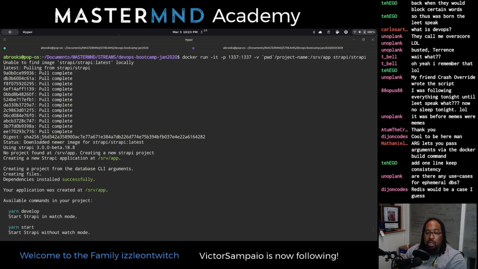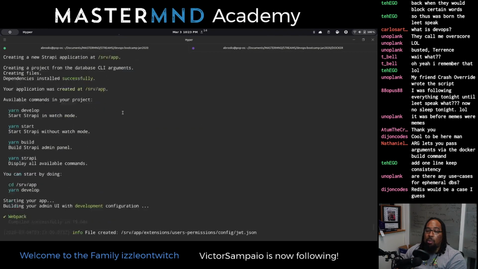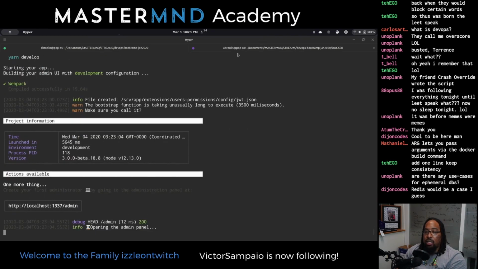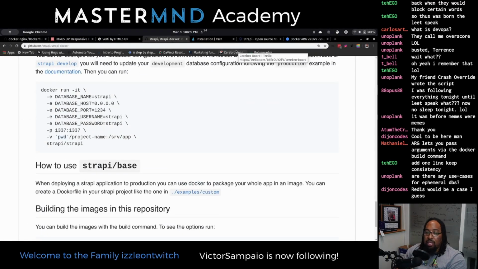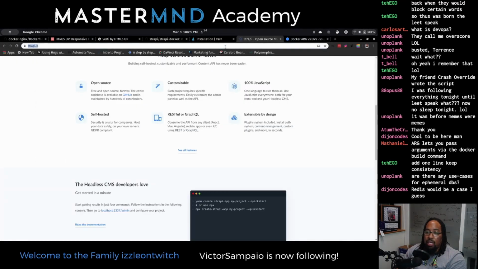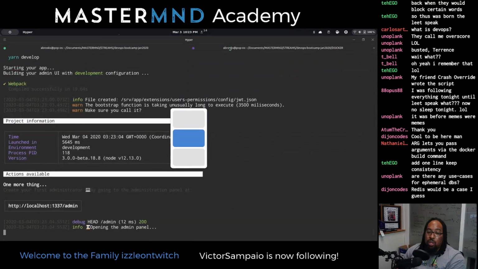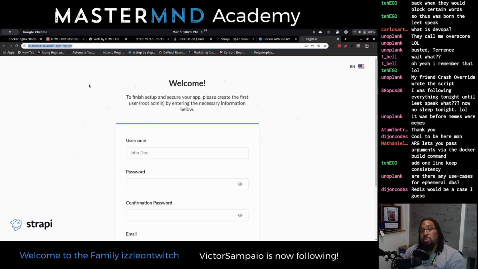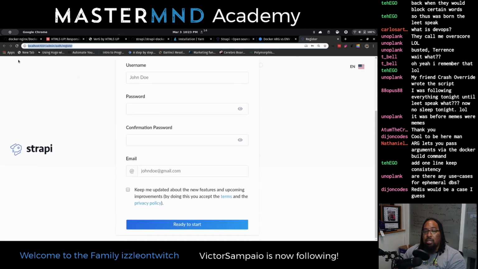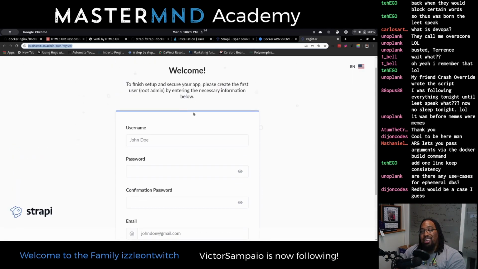But is it pulling this too? Oh, this is just the output from running the container. Got it. So same thing, actually. Same exact thing. That's whack. Not whack. It's actually pretty cool. But they made it too easy. It's whack because they made it too easy. I wanted it to be difficult for us, but they made it super easy, and it ruined what I thought was going to be great.